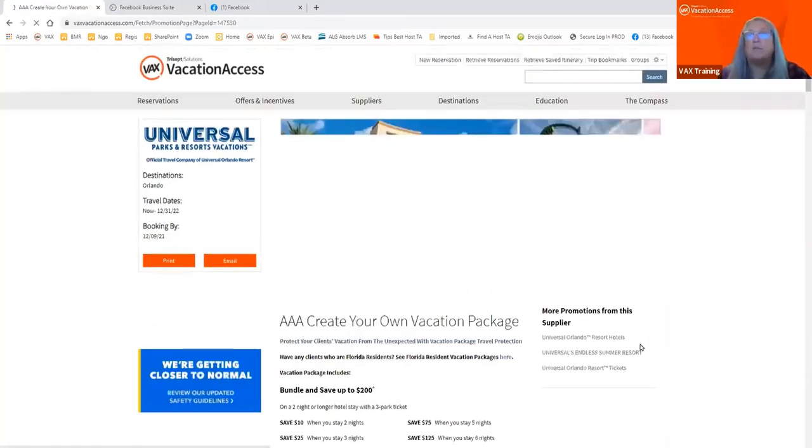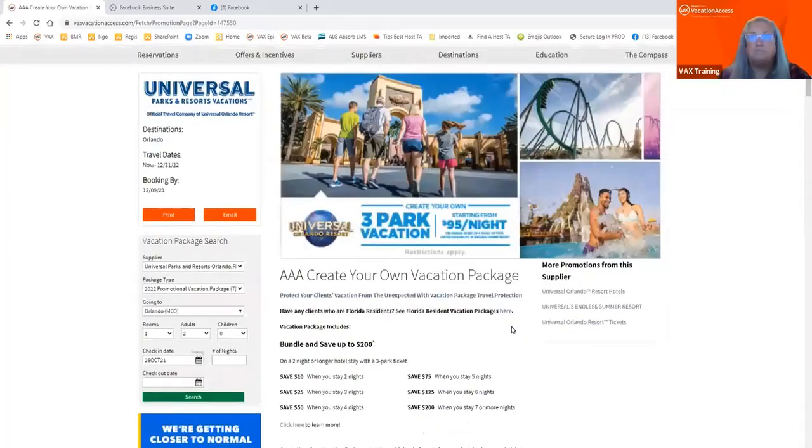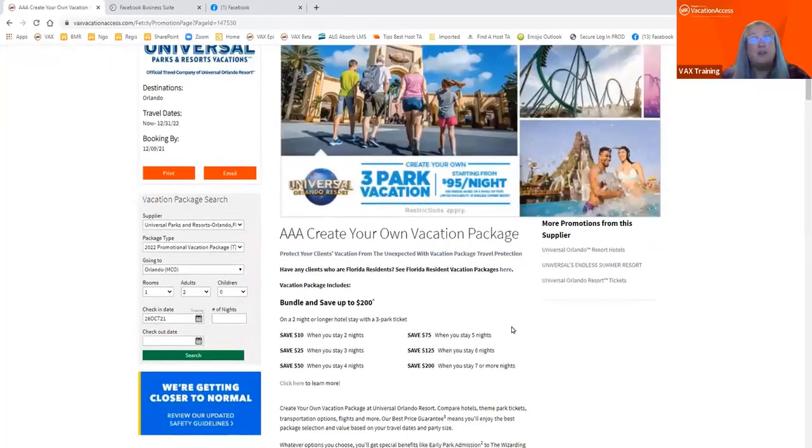And if we click one of those promotions, the great message here is that you can send this promotion to your client. And again, it's all marketed for you. We have taken care of that. You don't have to copy and paste to put that all together. We know how busy you are, so we really want to be able to serve you and provide you what you need so that you can be efficient.